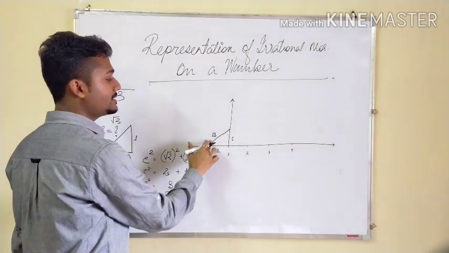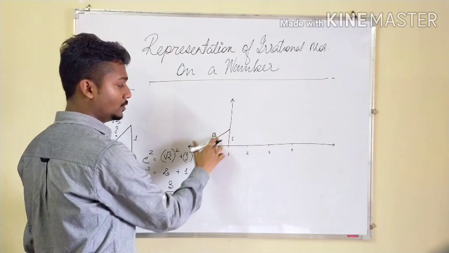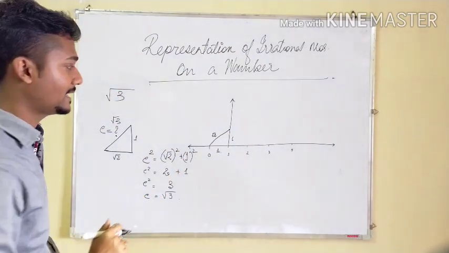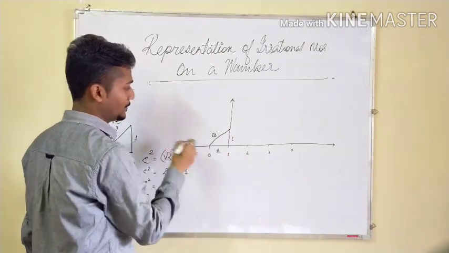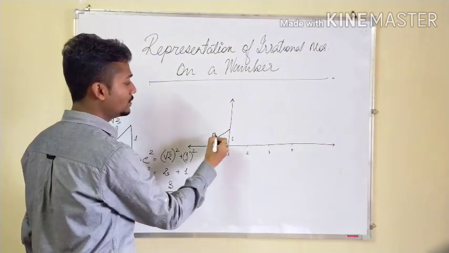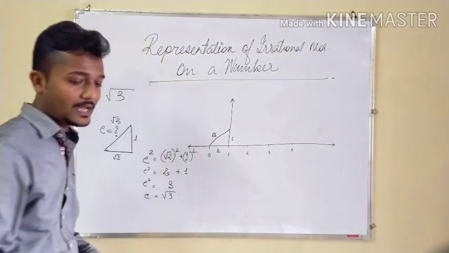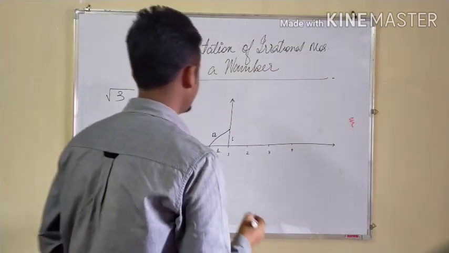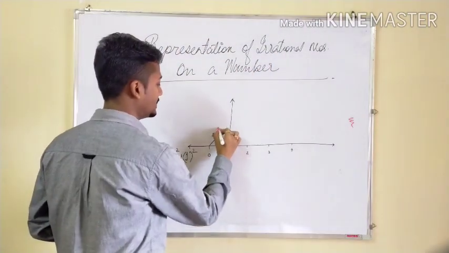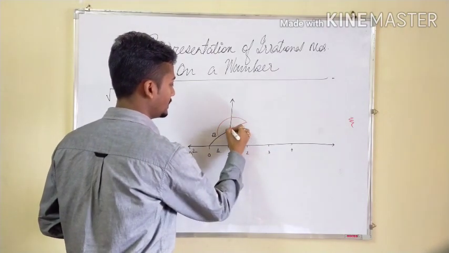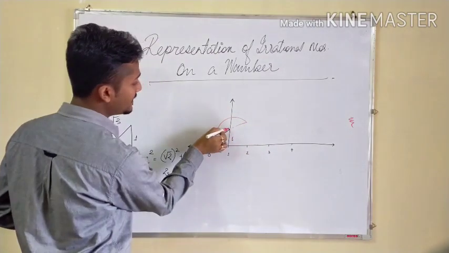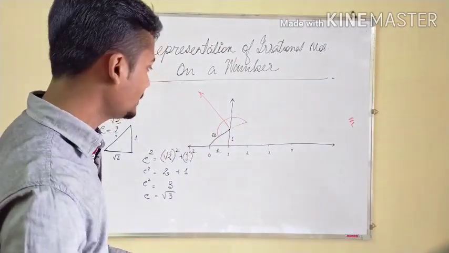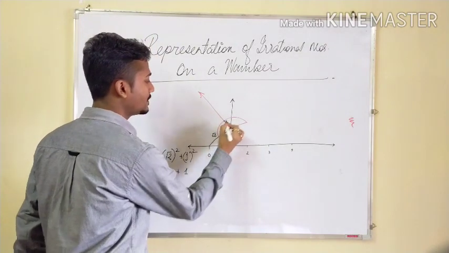Now I have got the base here, root 2. I will take the base and again try to construct a right angle from here. How? In this case you need to understand one thing. Try to place a protector, that will be far easier. Here you will put the protector. Then what will it show? 90 degree in such a way, because 90 degree lies somewhere here.